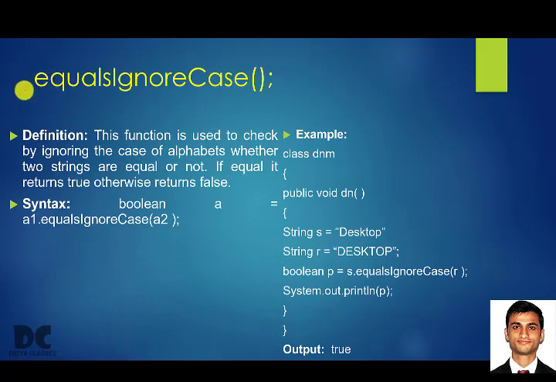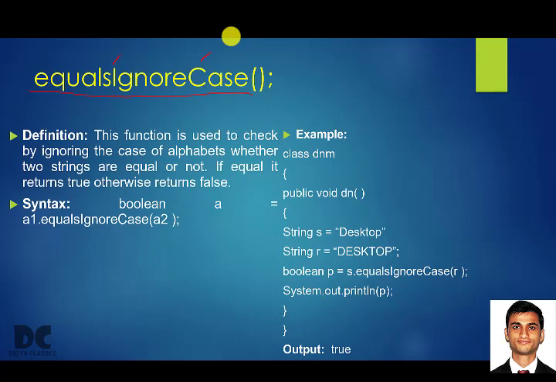And always remember, when there is more than one word, you will use the camel case. First word all small, then second, third, and so on. It may be 5, it may be 6, it may be 1000 words. The first letter will be capital. So equalsIgnoreCase is created to check if two strings are equal.